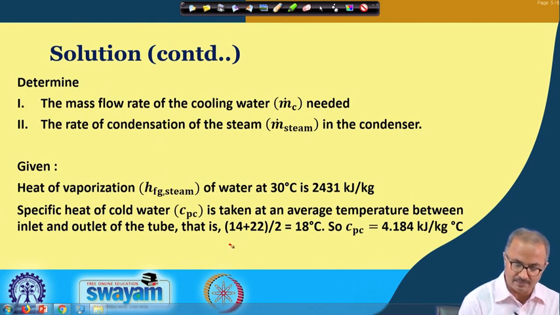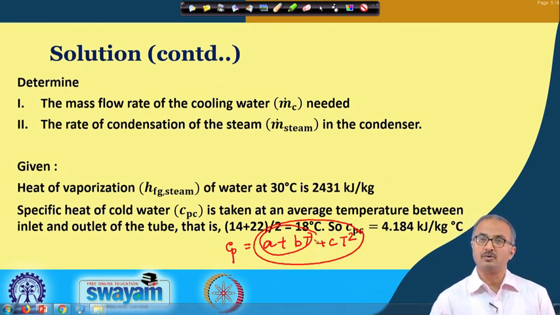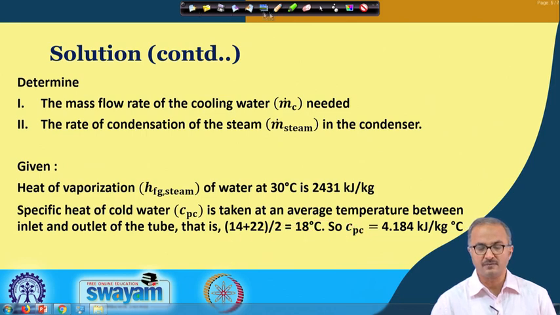Cp is equal to some function of, say, temperature. You can have various functions, linear or non-linear. Depending on the type of function, you may also consider the variation of the specific heat with temperature. That is quite easy to take care of. In this particular problem, for the sake of simplicity, we are assuming the specific heat to be constant, with the value taken at the average temperature between the inlet and outlet of the tube side water, and the average temperature is simply taken to be the arithmetic average.